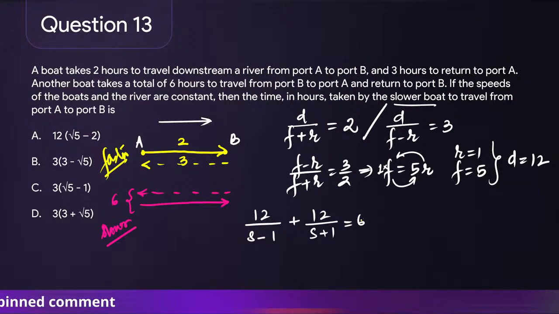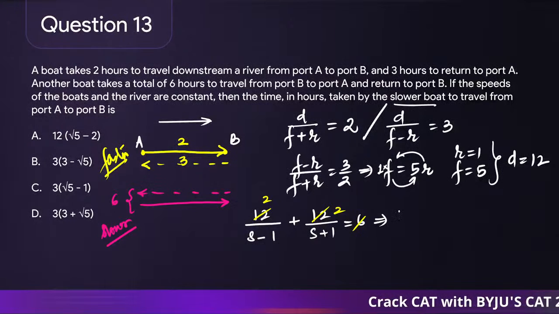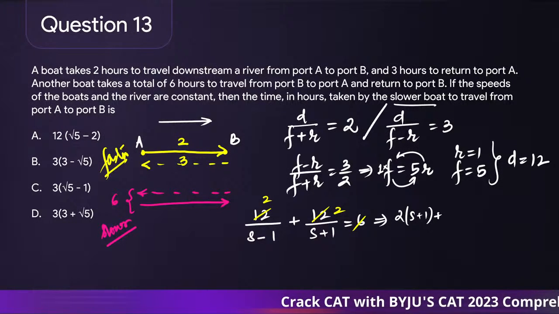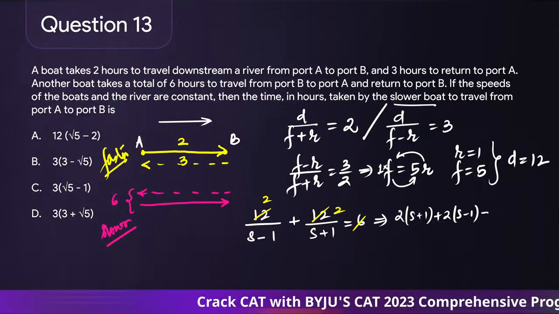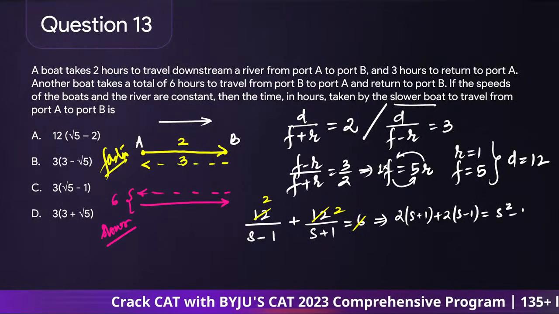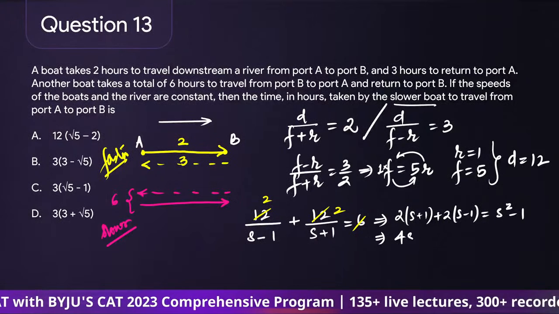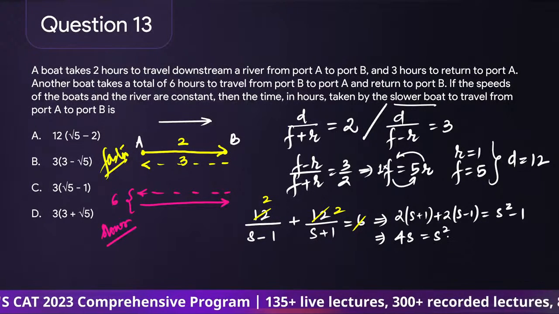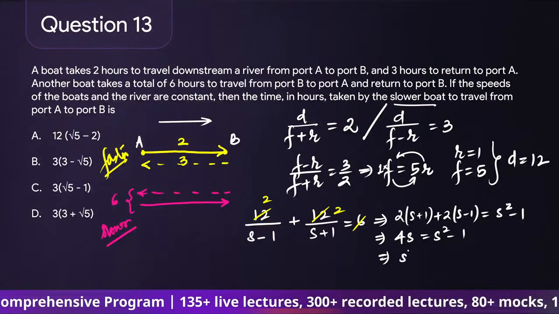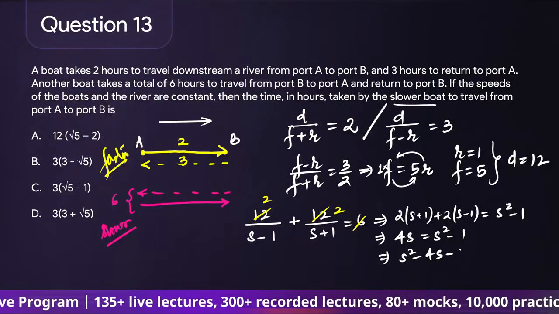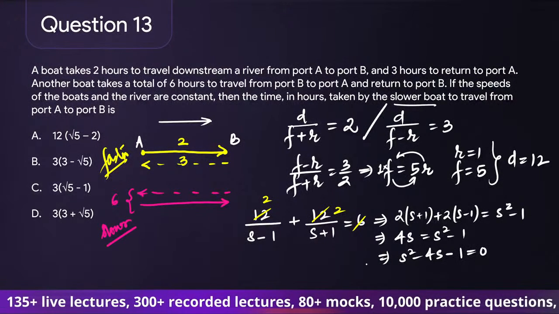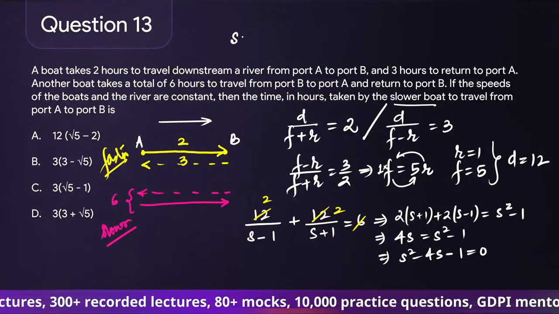You can see that the options they tell us कि ये irrational देने वाला है. So be very careful. So we will have 2 times of s plus 1 plus 2 times of s minus 1 is equal to s square minus 1. So this gives us 4s is equal to s square minus 1, or this gives us s square minus 4s minus 1 is equal to 0. If you try to solve this, you will get the value of s